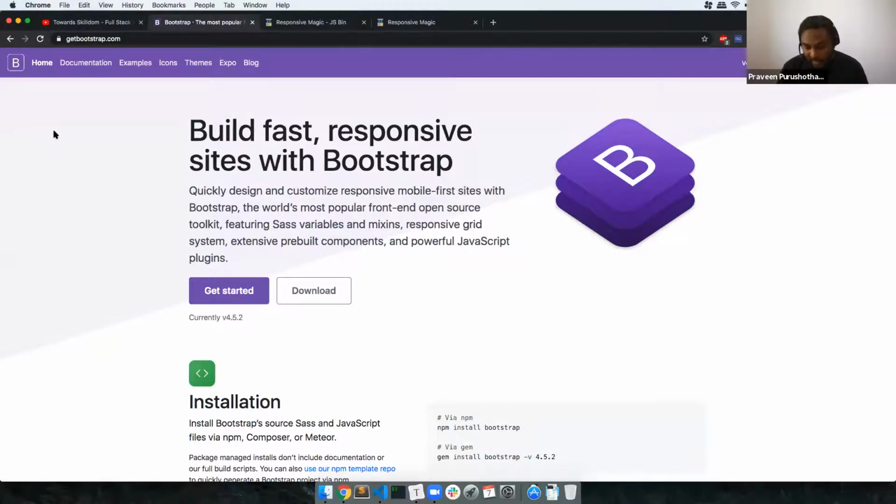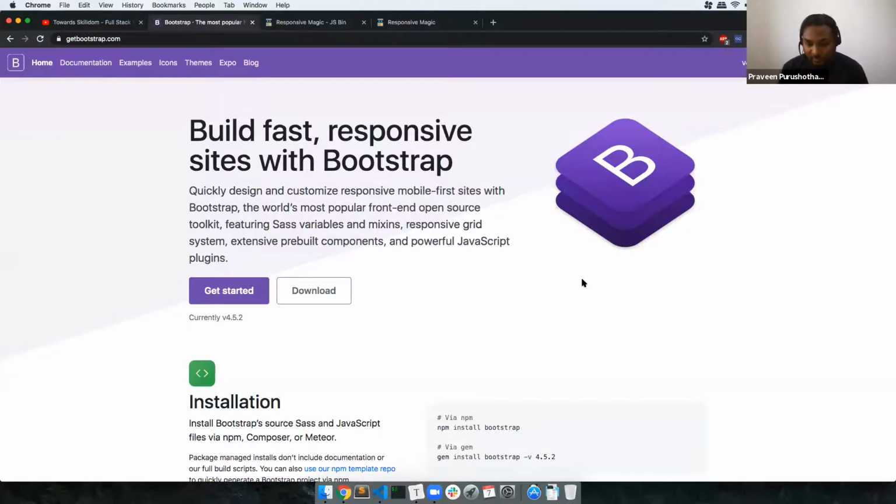Second, this has been created with a huge amount of effort by loads and loads of people. It is already tried and tested on almost all the devices, so this testing part is given to the Bootstrap team. That is the reason.